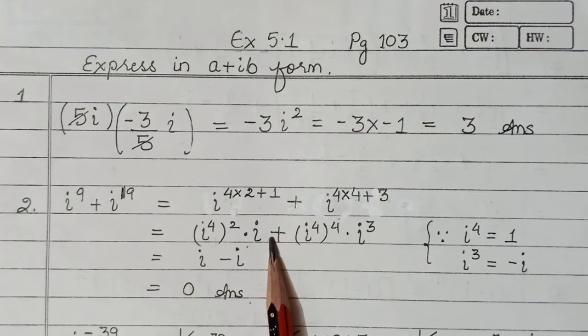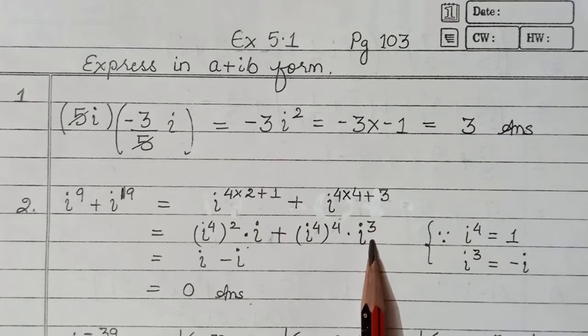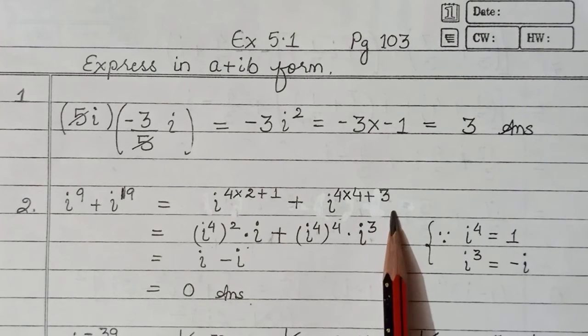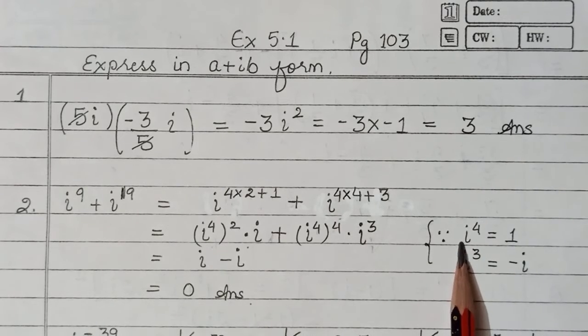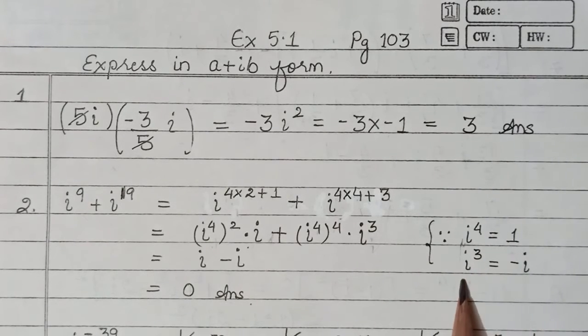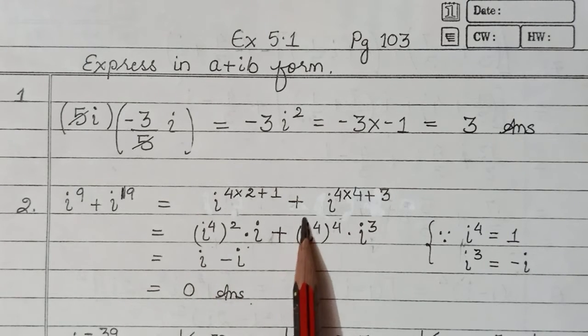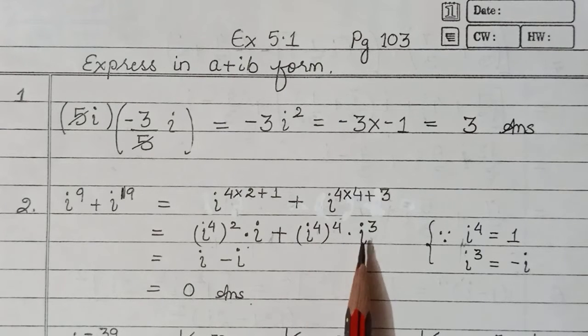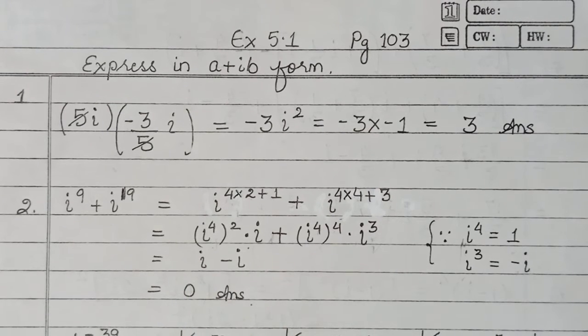Okay, law of indices we are familiar with. So this one can be expressed as i to the power of 4 to the power of 4 into i to the power of 3. This can be written as into i cube. So again, because of these rules, that i to the power of 4 is 1, and then i cube we had seen is minus i, because we split it as i square into i. So this expression becomes 1 into i, that's simply i, and this is again 1. 1 to any power remains 1 only. 1 into i cube, and i cube is minus i. So your plus i and minus i get cancelled.